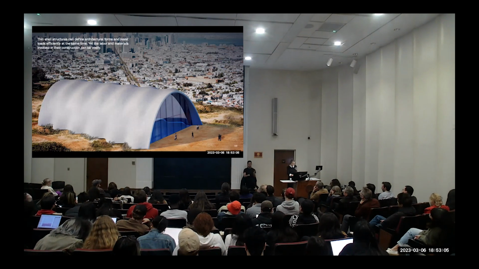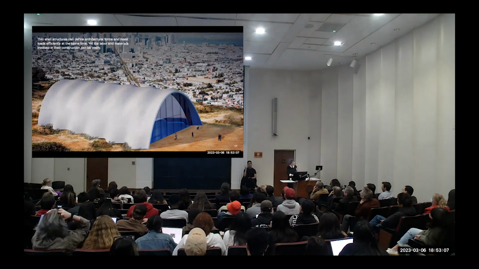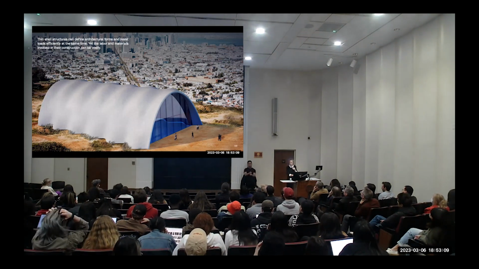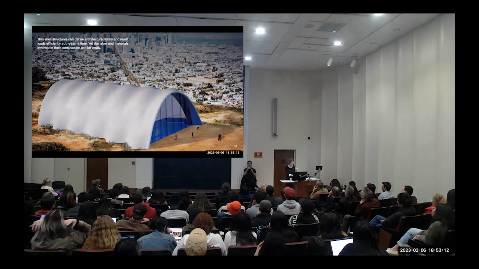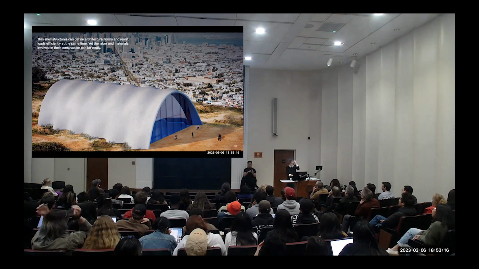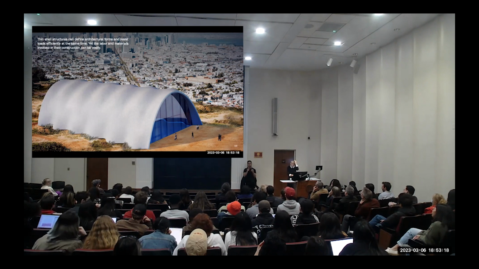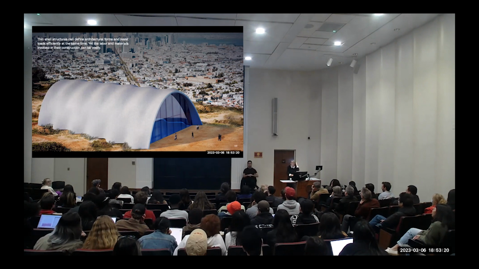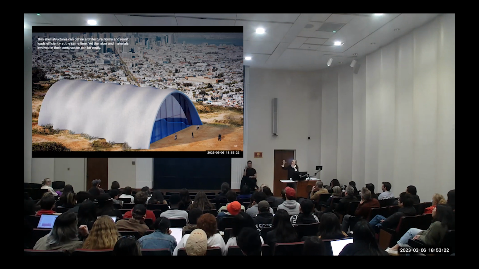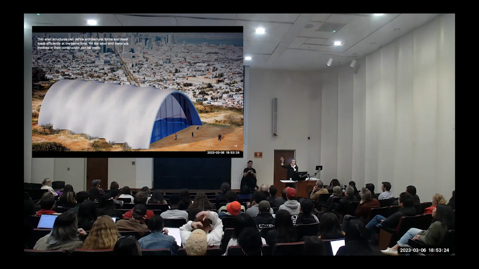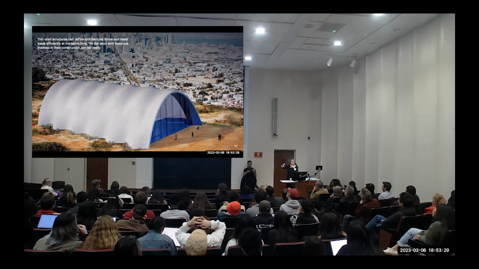And here you see a picture or rendering of it imagined in the urban context. But people don't build shells anymore, right? They don't build concrete shells anymore, although they're very efficient. And that is, according to a survey of contractors, because it's very expensive to build them, because you have to first build scaffolding and formwork, and then you cast the shell on top of it, and then you remove the formwork.